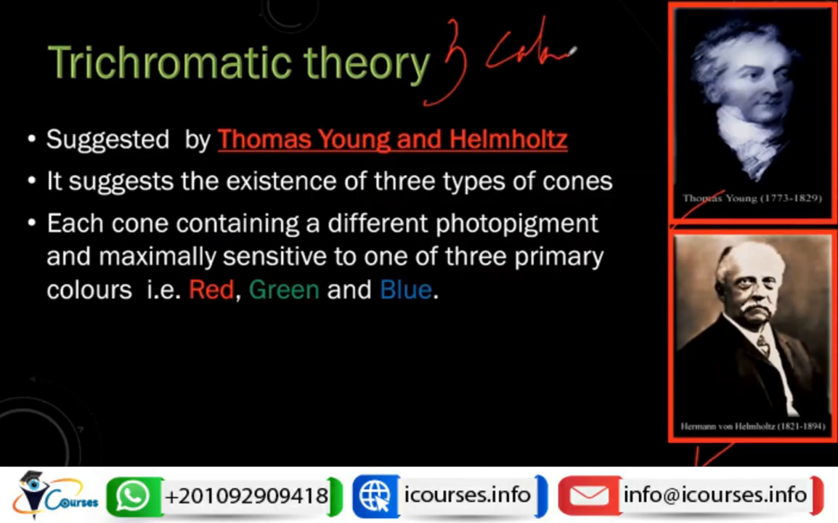This theory suggests simply that we have three types of cones. We have what's called red cones, green cones, and blue cones. Each one of them contains a specific visual pigment. This visual pigment doesn't have a green color, or a red color, or a blue color, but is just sensitive to a specific wavelength. So they have maximum sensitivity for a specific wavelength, which corresponds to the pure red, the pure green, and